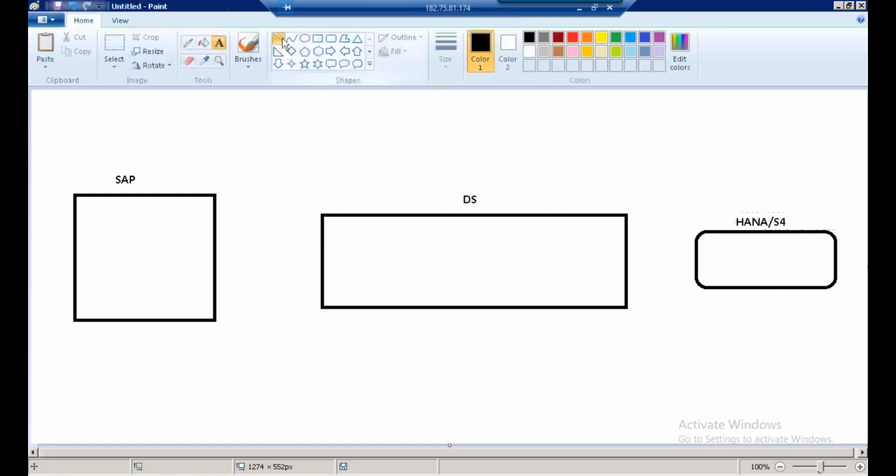So here you have SAP to Data Services, from Data Services to HANA S4 HANA. Now, what we're going to do, on the SAP system you have a table. It's not SAP, sorry. On a non-SAP system,